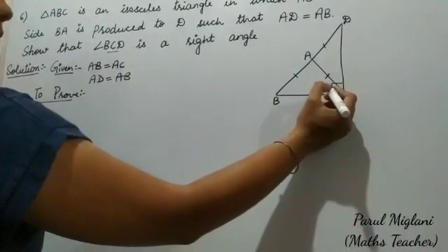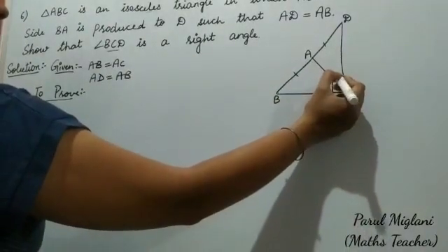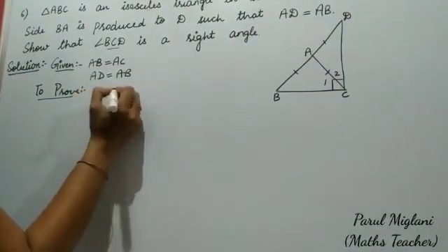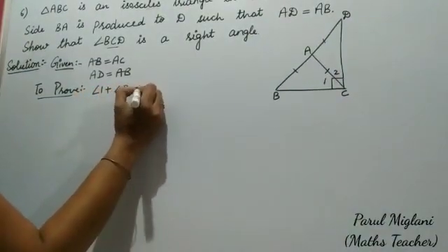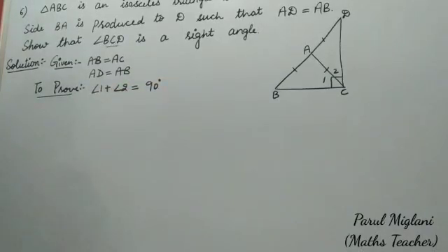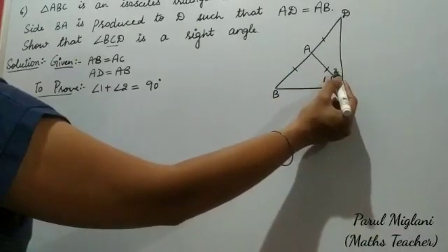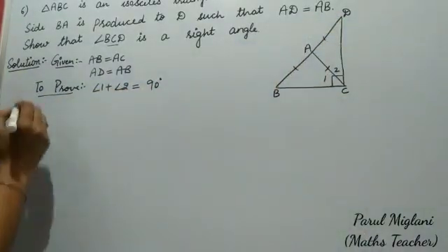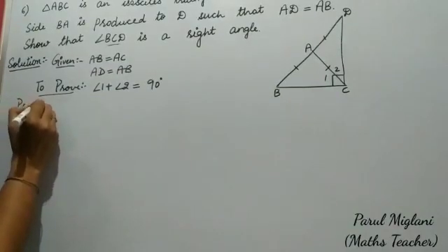Suppose this angle is 1 and this angle is 2. We have to show that angle 1 plus angle 2 is equal to a right angle, means 90 degrees. Means we have to show that angle 1 plus 2, that is angle BCD, is 90 degrees. So now its proof is,